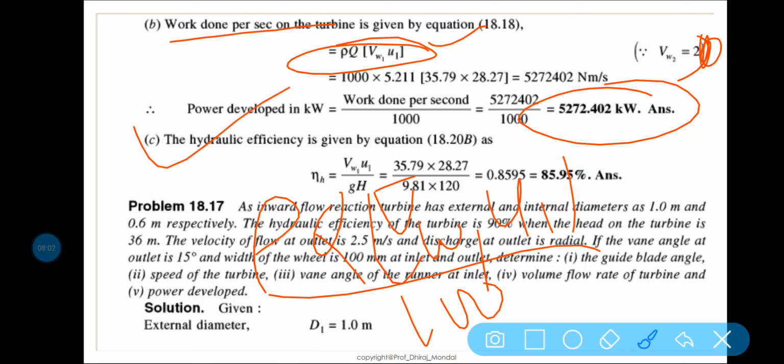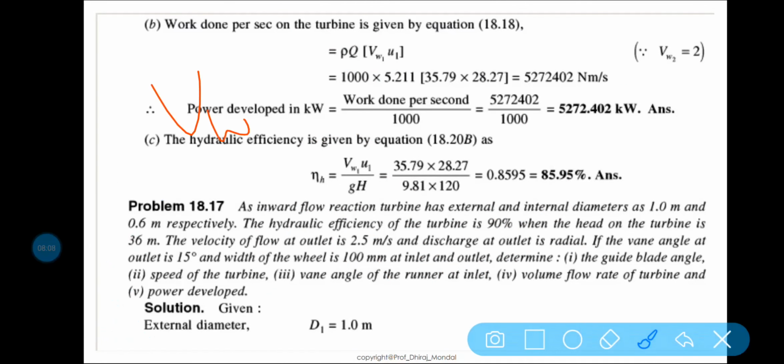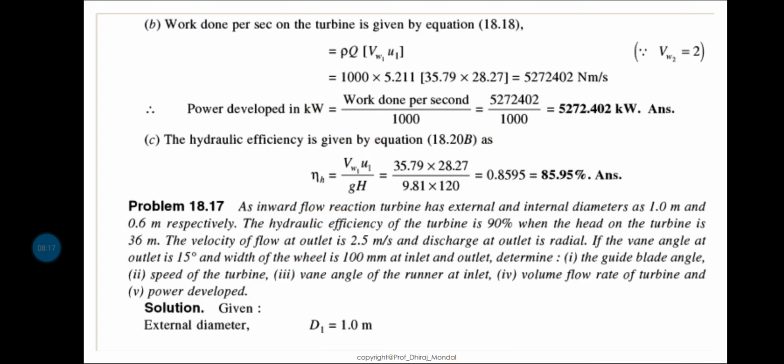And hydraulic efficiency, as VW2 is 0, it should be VW1 U1 by gH, which is equal to the hydraulic efficiency. I am not going to discuss how this equation comes, because many times I have solved this problem. Okay. Now the next problem is